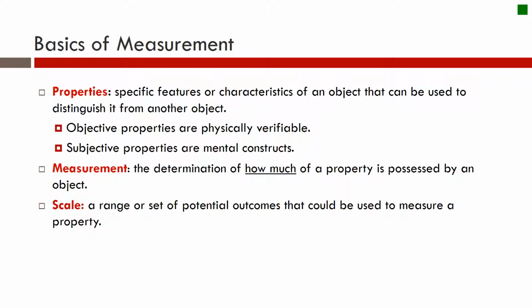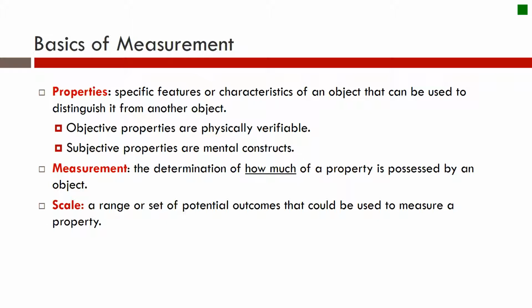There are generally two classes of properties: objective properties and subjective properties. Objective properties are ones that are physically verifiable or easily identifiable types of properties. Subjective properties tend to be something that happens inside the object that we can't directly observe. So we sometimes call these things constructs, or these might be latent variables, and we'll talk more about those here